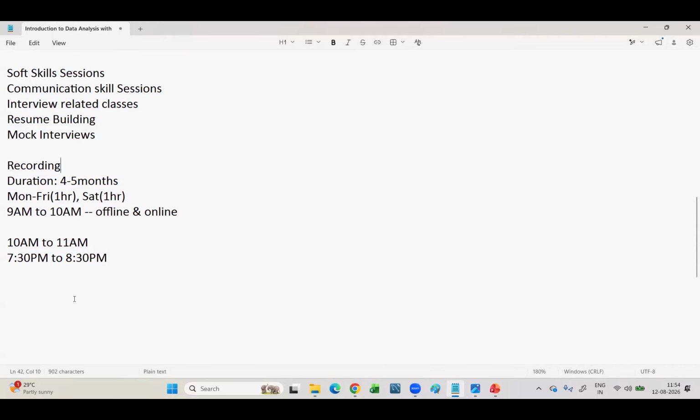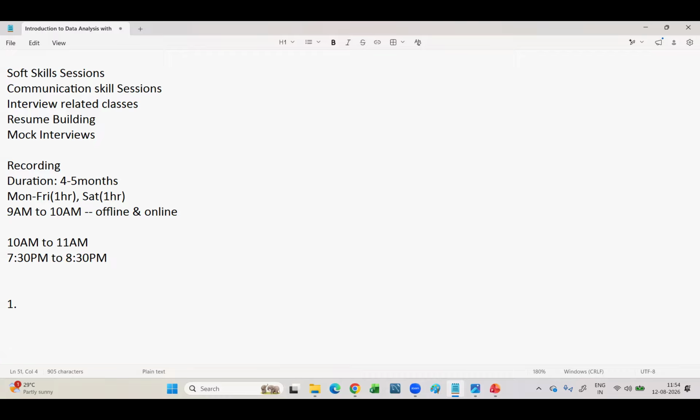Now the main points are coming. Flexibility is what we are providing for the students here. Suppose I am a student who joined this course, completely a beginner. I don't know anything about data analysis or SQL or Python. I attended the SQL classes and completed them. Fine. But I feel at the end of the classes that if I could get one more chance to attend the same SQL classes in live mode, of course recordings will be there, but in live mode I would get more confidence. Generally, any student will feel that. Even when we used to learn, we also had the same feeling.